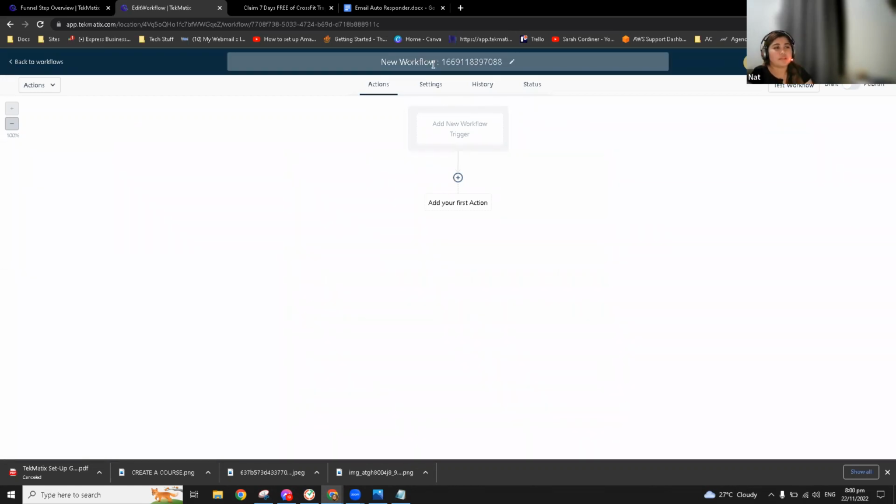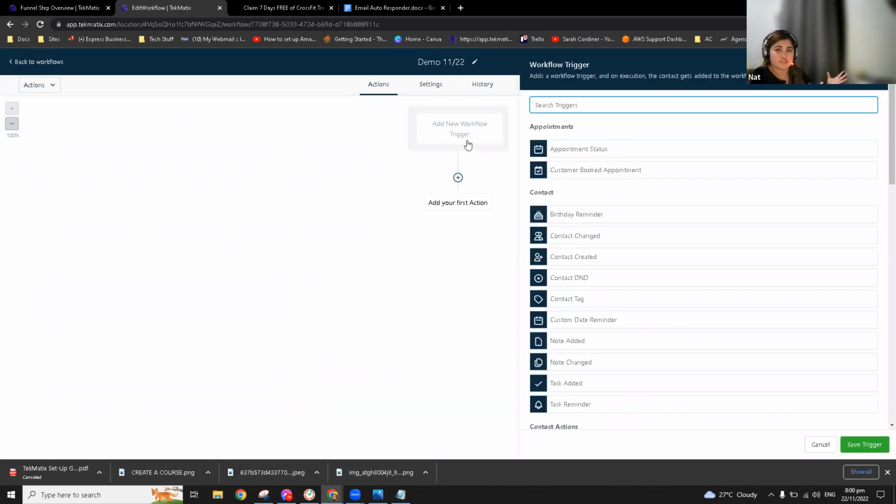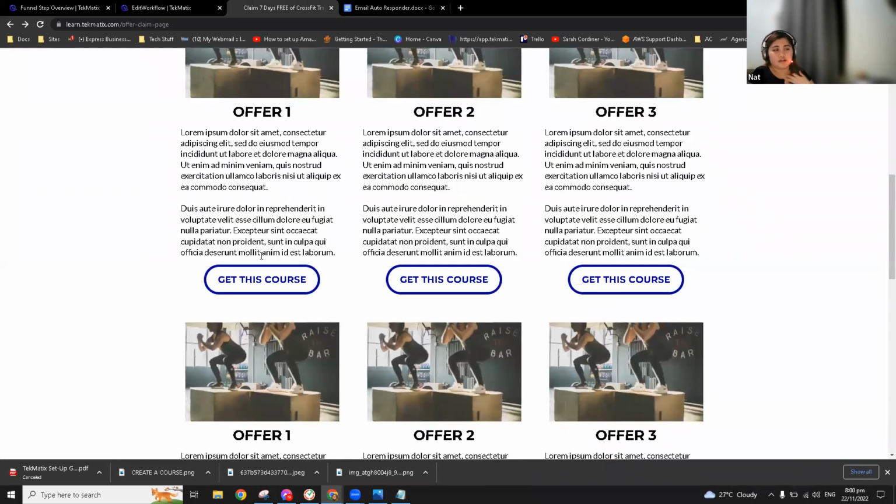Yep. So for the workflow, I just renamed this one as a demo with today's date just to organize stuff. And for the main trigger for this one will be anything related to membership, since we want to send an email after they opt into a specific course.